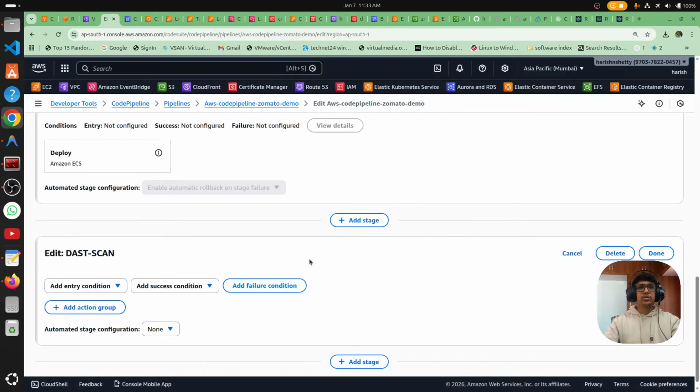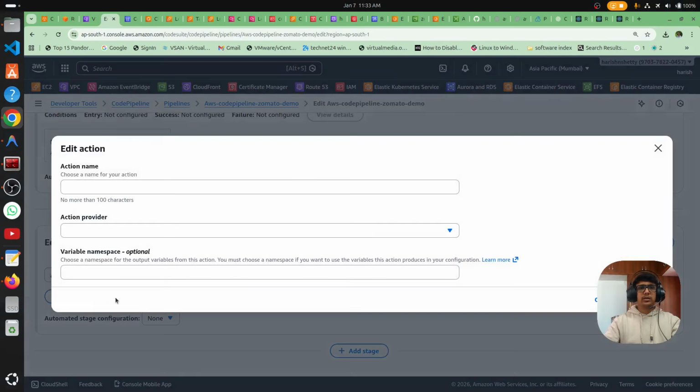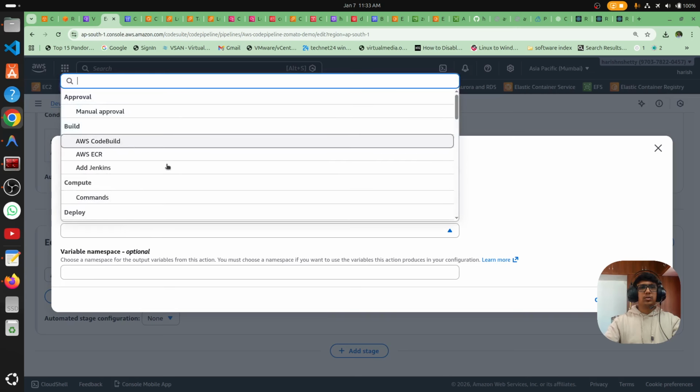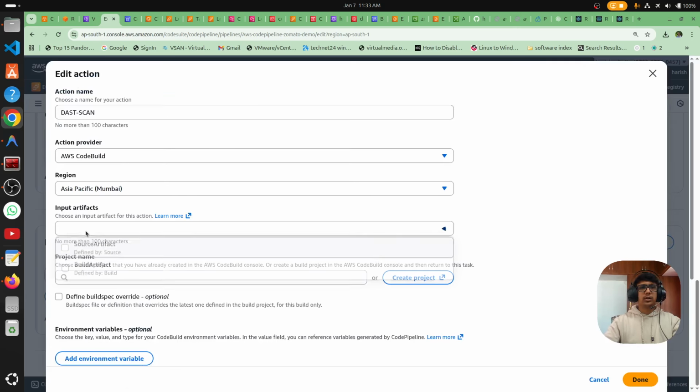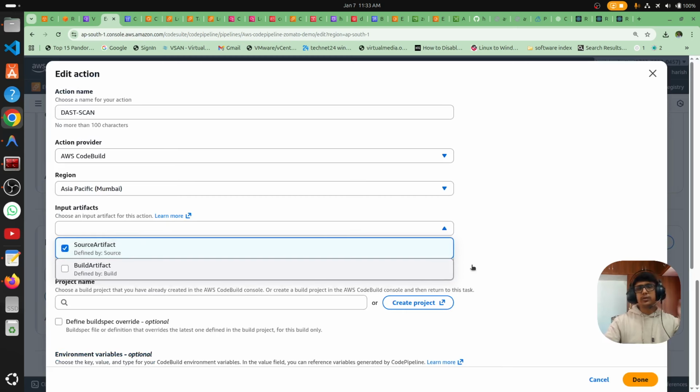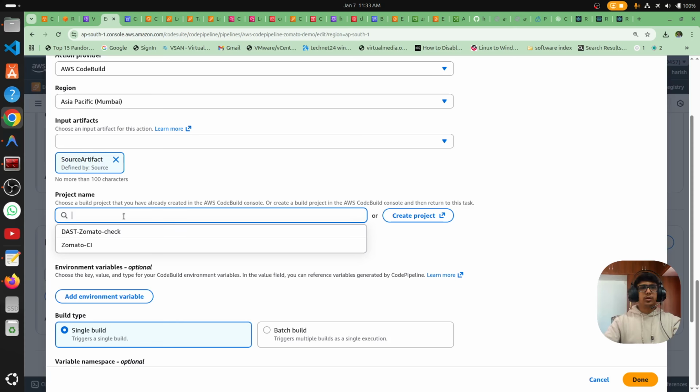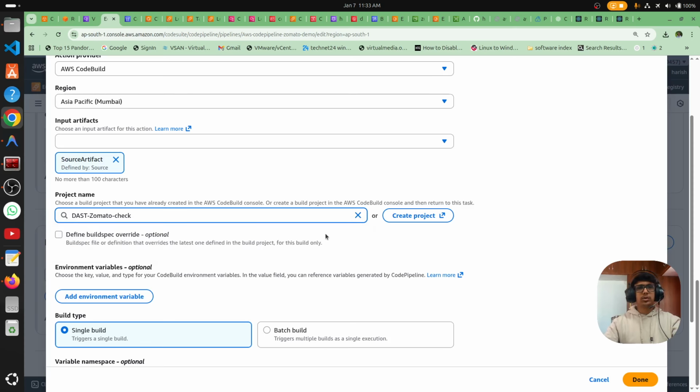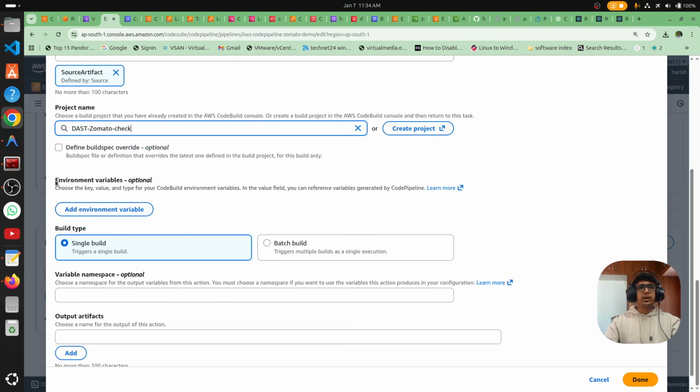Add stage, and add action group is DAST scan, provider is CodeBuild, and input artifact source artifact, and the project name is Zomato check, and the